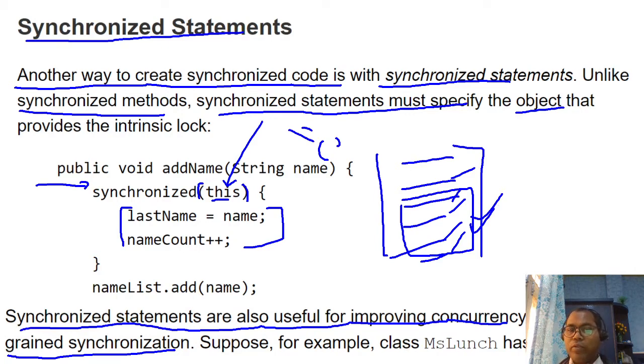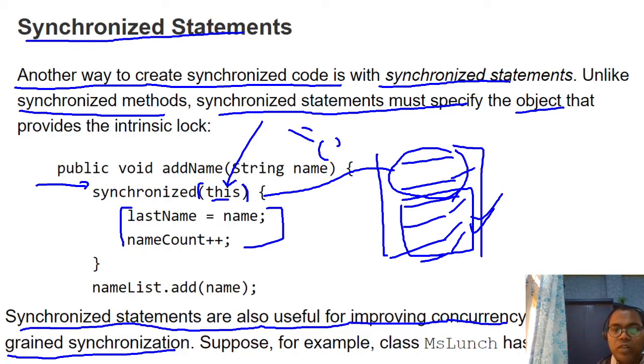So synchronized block level synchronization helps us make a lock that is fine-grained. That helps us restrict so that at a time only one thread can execute some statements, not the complete method. So as the preferable way, if your method is very large and you don't want synchronization on all the lines, go to the synchronized statement.